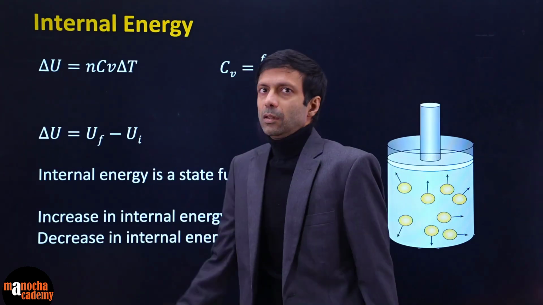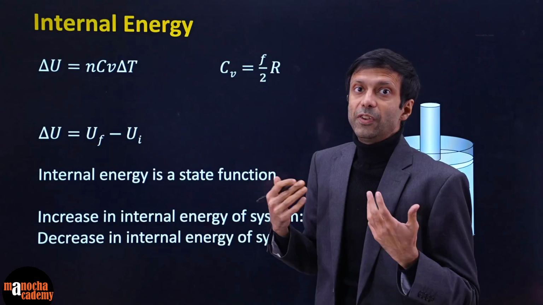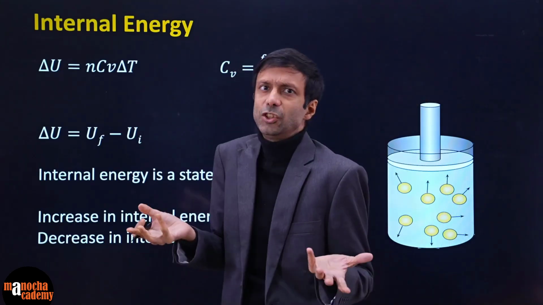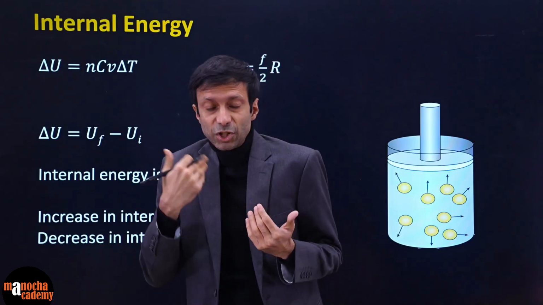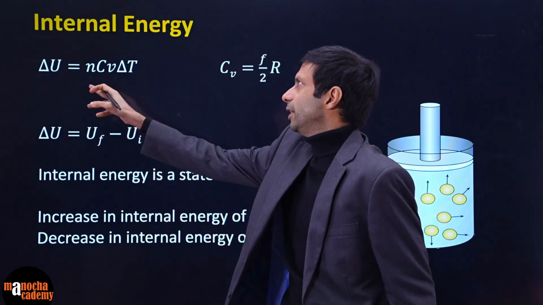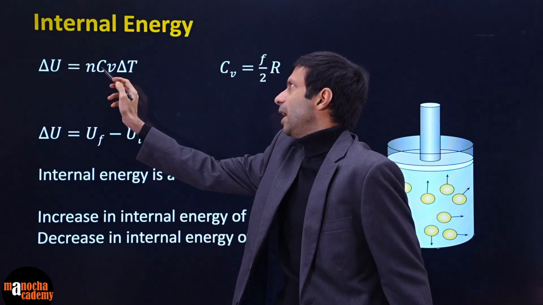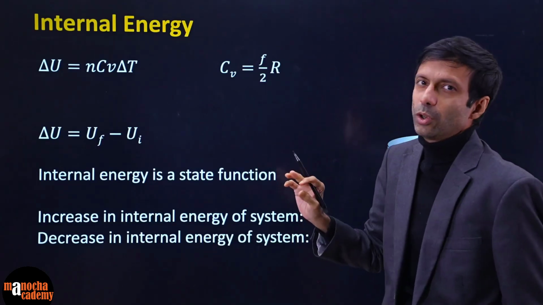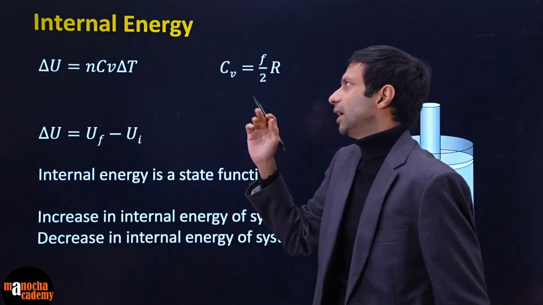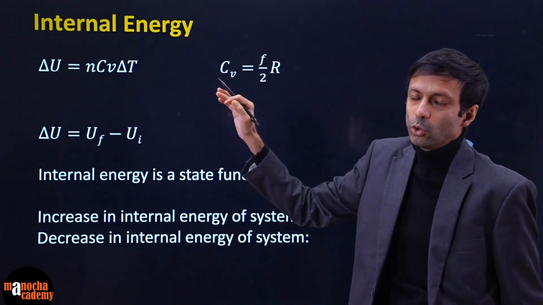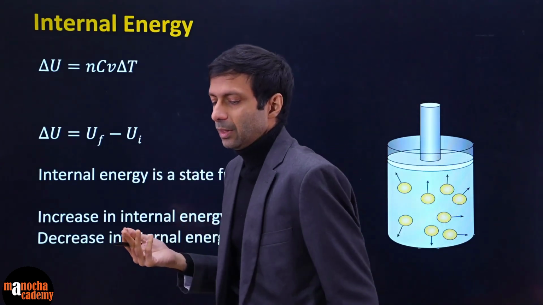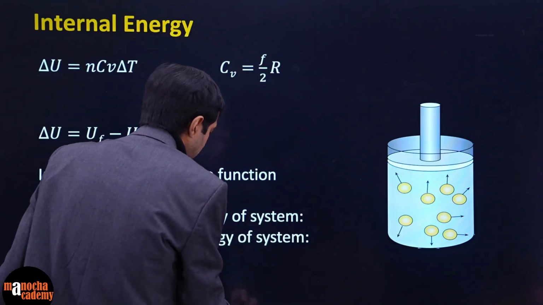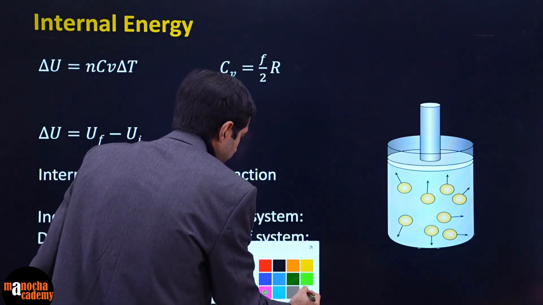Okay. Then we have this concept of internal energy, or again, we talk about change in internal energy. That's why we write delta U, because actually you cannot measure the internal energy of a body. Like, what is my internal energy? We measure its change. So change in internal energy, delta U, is nCv times delta T. We are going to be talking about all this Cv, Cp today, but I just wrote down the formula. Just to let you know, if you want to calculate the change in internal energy, we'll be discussing this formula where n is again the number of moles.